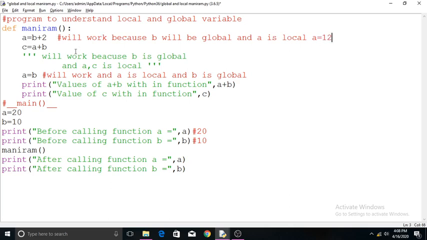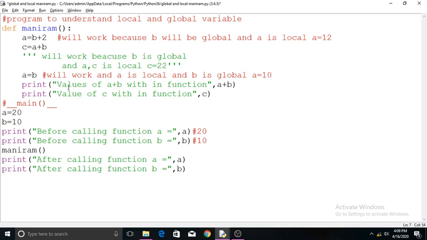Then what value will come here? Here C equals A value 12, B is 10, so 12 plus 10, sorry, 22. Here what will happen? The A value will be changed. So A equals what? A will be 10.